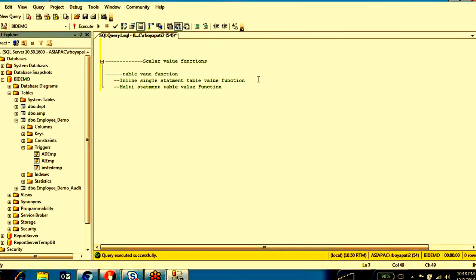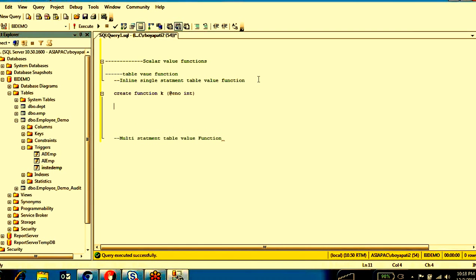How can you write this inline single statement table value function? Single statement means it will accept only one single statement in this function. How to write it? Create function, and you write the function name. You can give any name; I am going to give just k. Input parameters, if you have any, we can give, and you write the return type.